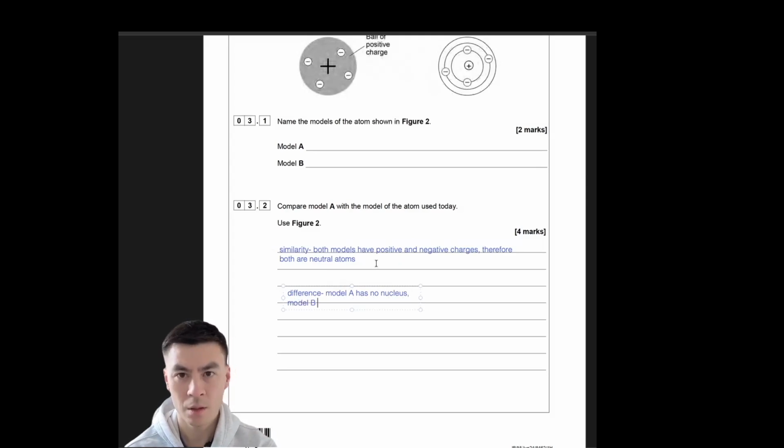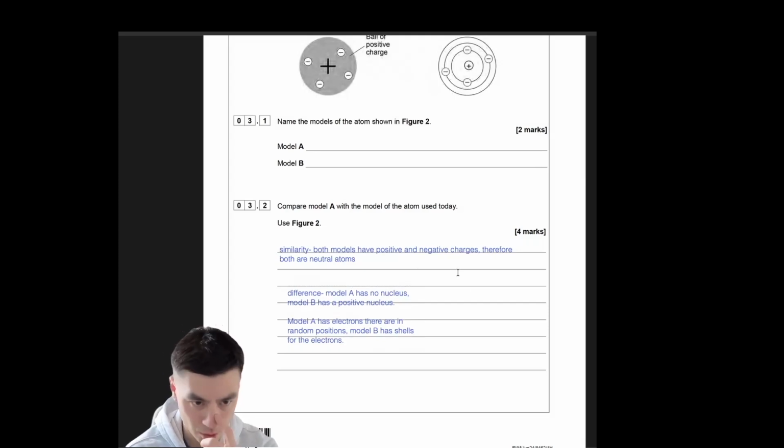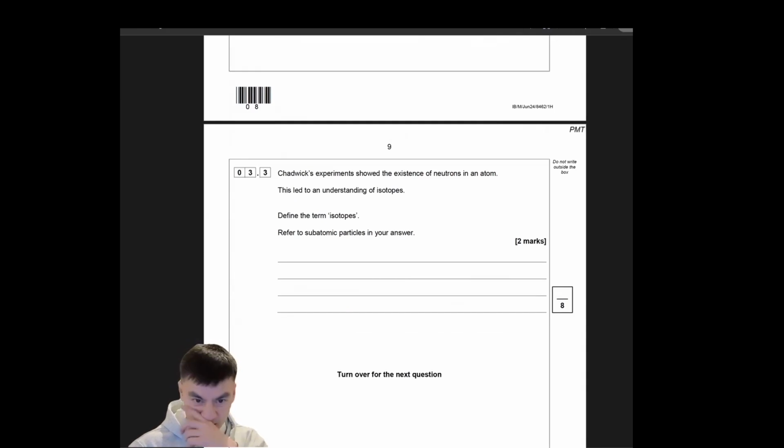Model B has a positive nucleus. 仲有咩可以講？Model A 啲 electrons 周圍走。Model A has electrons that are in random positions. Model B has shells for the electrons. OK，咁講呢幾樣嘢應該就夠攞晒4分㗎啦。